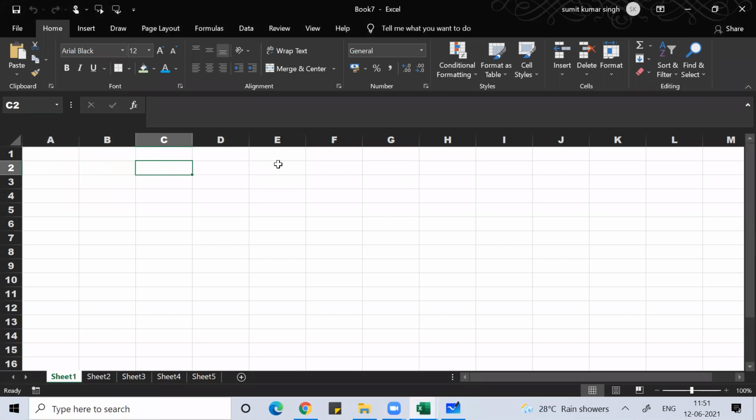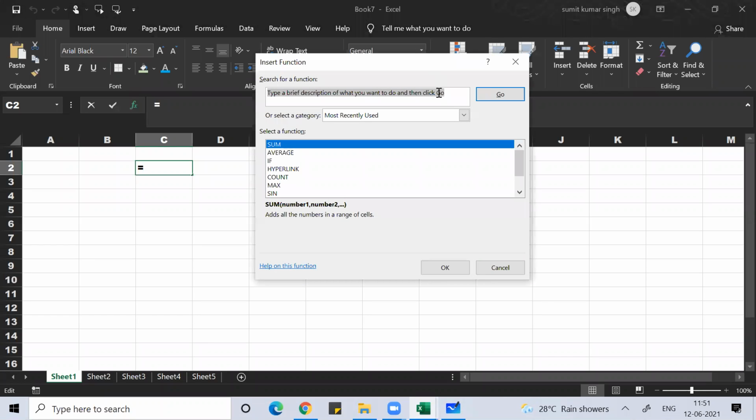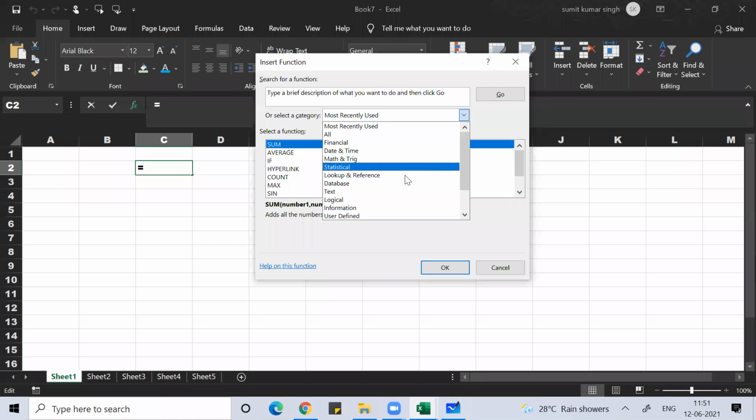Now coming back here, you know basic how to do sum, you know how to get average. Basic you can do maxima, minima, all different statistical functions. You can press Shift F3, and there you can go to statistical function.